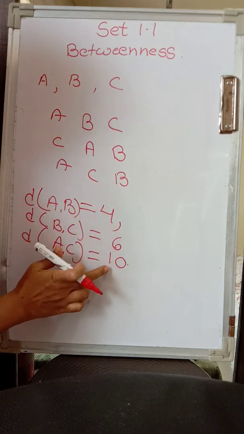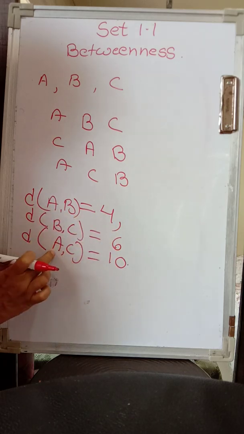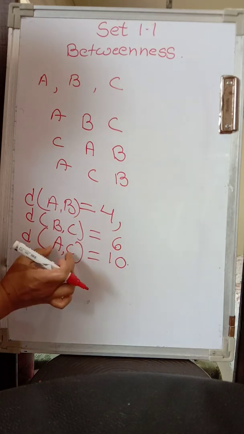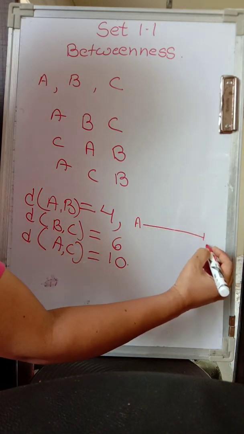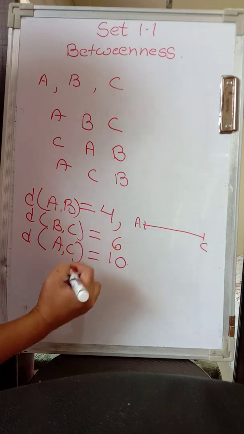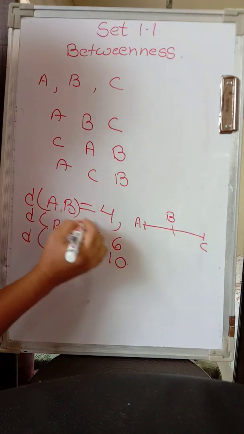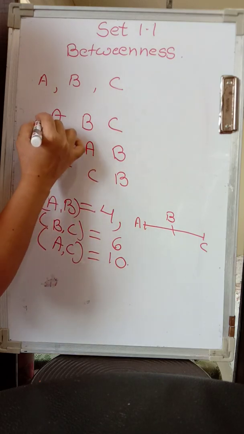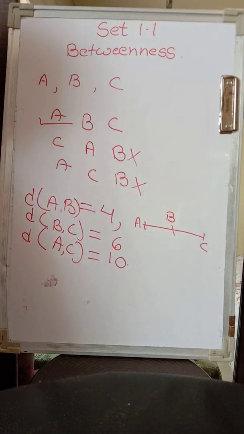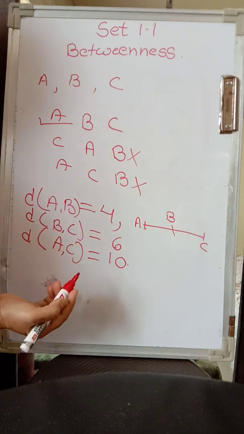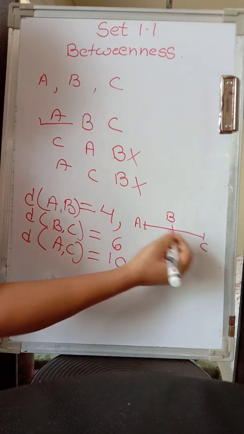That means A, and look at these points. Is this 2 adding up to 10? Yes, 6 plus 4 is 10. That means AC is the biggest segment, so these should be the endpoints. So naturally we have A over here and C over here, and in between this, which point will lie? B will lie. If I give this condition, then this is the only possibility and these 2 possibilities are not there. So once you have this information, you can easily decide which point is lying in between the other 2.